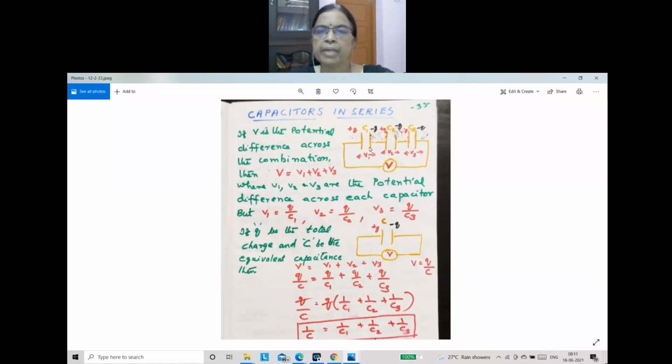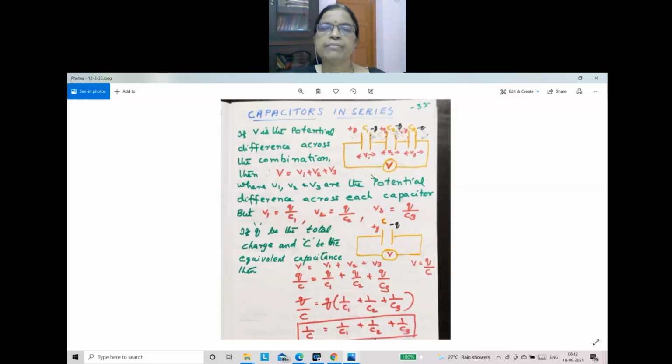But you know, in series combination, charge always remains the same. And you have studied when resistors are connected in series, current is always the same in all the resistors. Even though resistance values are different, the current remains the same. Here it is charge. Instead of current, we can write charge. Charge in all capacitors remains the same when they are connected in series. When the capacitors are connected in series, the charge on each capacitor remains the same.